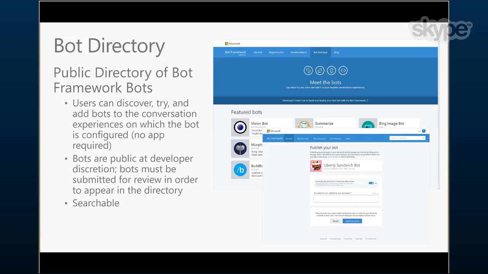Once you've written your bot, you make a decision whether you want to publish on the bot directory. Why is it useful to do that? Well, if you click on one of these bots, you'll see a number of add links there. Add to Skype, add to Telegram, add to other channels. Since many of these bots also support the web channel, the web control, you can try out the bot directly on the bot directory without having to add the bot to one of your messaging platforms as well. Okay, so that's bot directory.